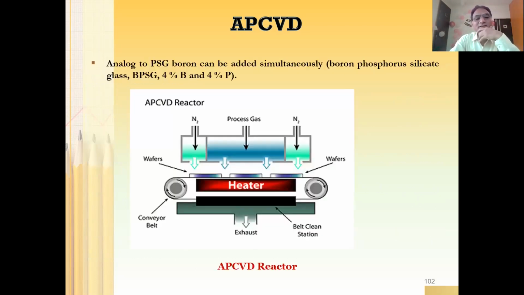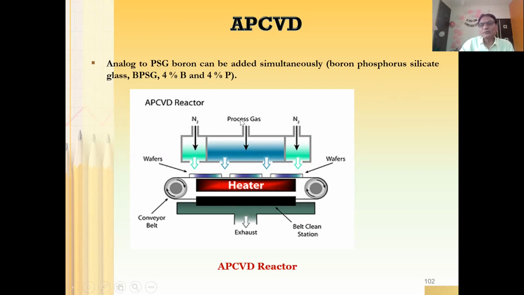This is a typical machine, a very typical picture of APCVD. You can see here we have many substrates on a conveyor belt, and these are the two precursor gases. These precursor gases are brought into the place where the reaction takes place. Obviously, this is a very simplified block diagram. There must be some temperature controller as well, okay? Because we need a very highly controlled temperature which needs to be optimized.